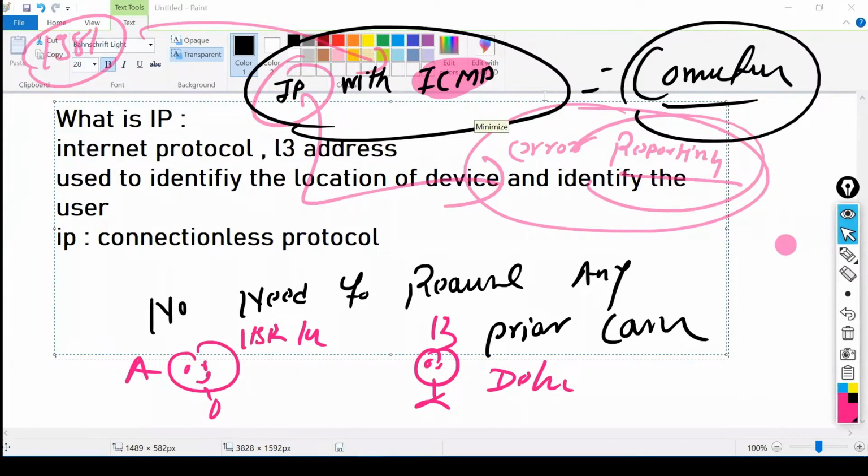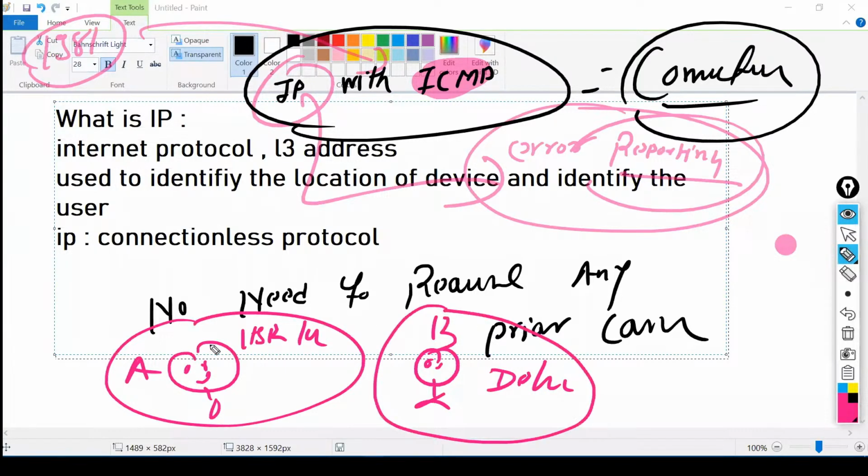Regarding RFC 1918, IP has multiple RFCs. If you just go through Google, there are almost 6 to 7 RFCs. One of them, RFC 1918, tells you about private and public IP addressing. Depending on the RFC, they have a different mechanism as well. So person A belongs to the HSR Layout location and person B belongs to the Delhi location. This is the identification, right? The user is sitting in this location.